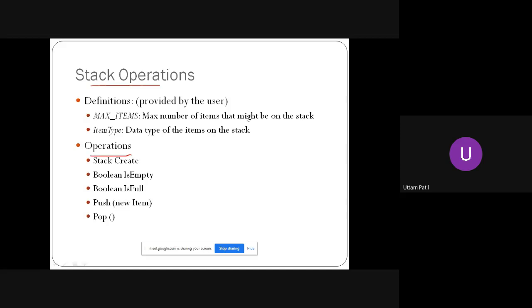First we have to create an array. Inserting an item on the stack is called the push operation, whereas removing something out of the stack is called the pop operation. You have to get familiar with these terminologies, push and pop. Pushing is you have to push some item on the stack.